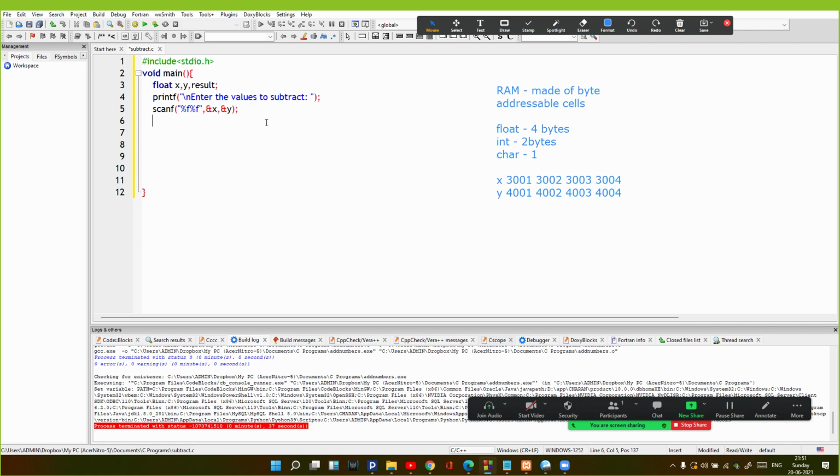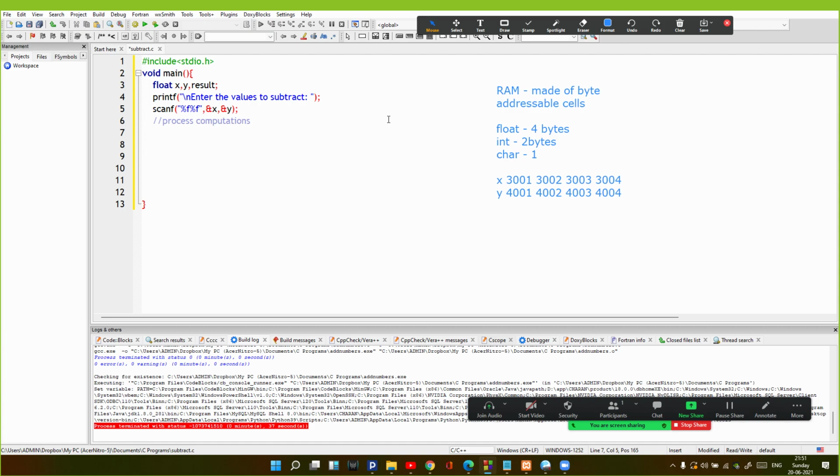So the input step is complete. Input, process, output are the three steps that will be followed. I have declared the variables, then input is complete. Now process. Process means what I'm going to calculate, or what the computation part is. In this case, the computation part is the subtraction of two numbers X and Y. That is the processing part. So for the computation that I'm going to do, I need the formula or the function to do so.